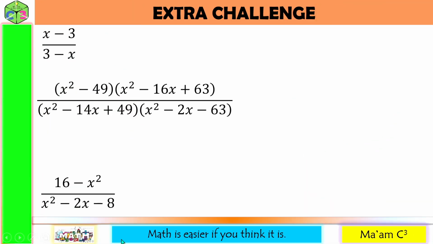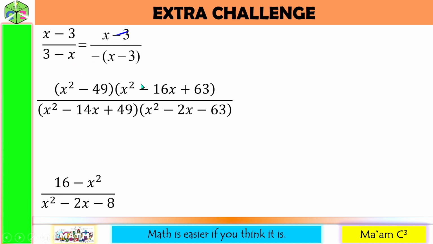Again, let us simplify this rational expression. For this one, let me copy x minus 3. And in here, I will factor out the negative, so I could rewrite it as x minus 3 as well. Quick check: negative times x, negative times negative 3 is positive 3. So this is another way of writing this one without changing its value.